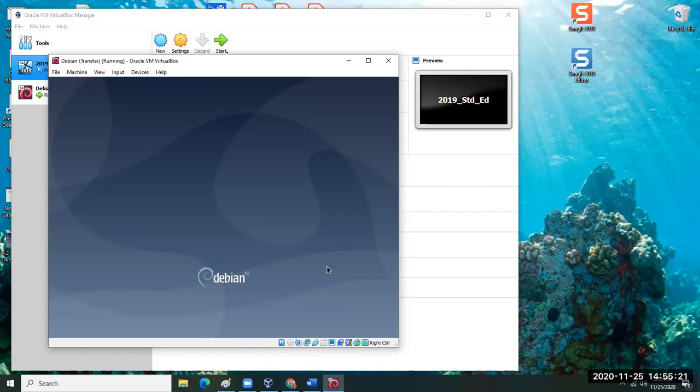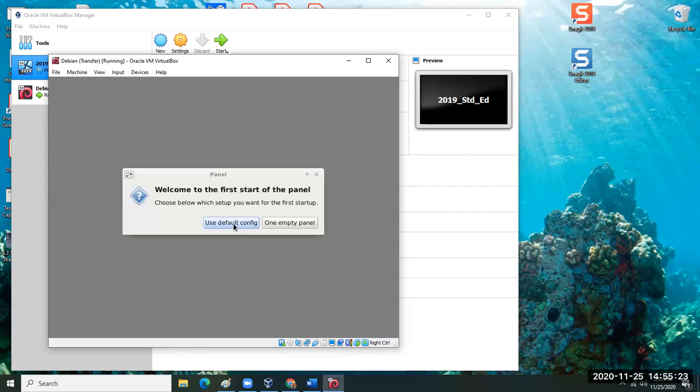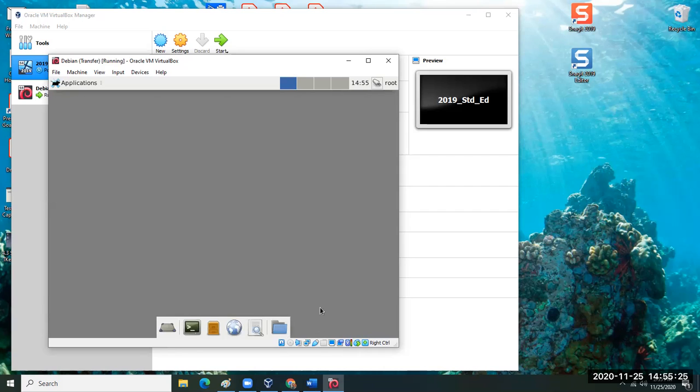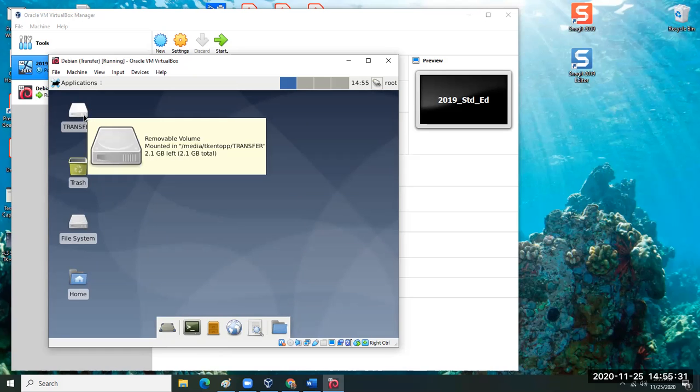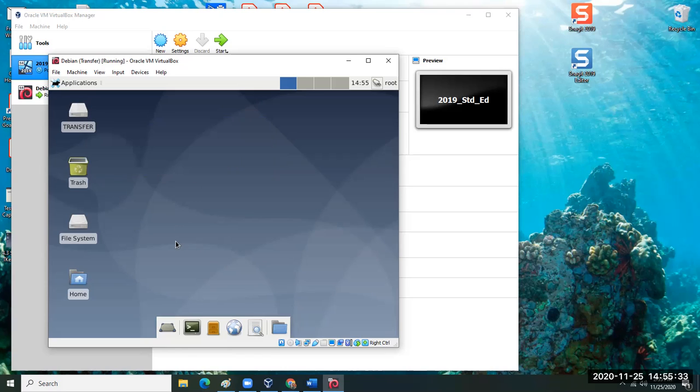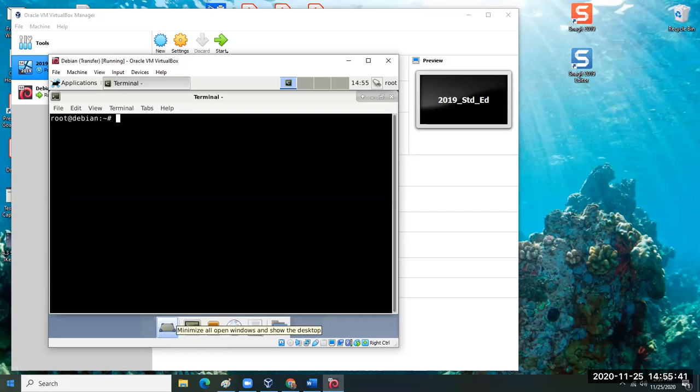And as I sign in to root, I'll select use default configuration if it's coming up for the first time. I should still see transfer because it's mounted. So I should still see my login. And if I click on this and I type in ifconfig,